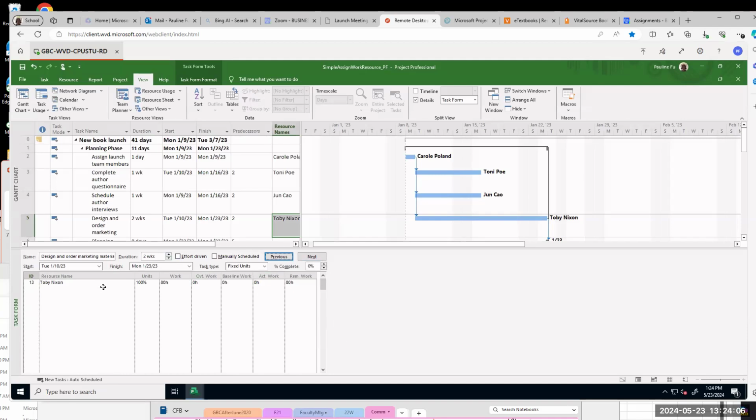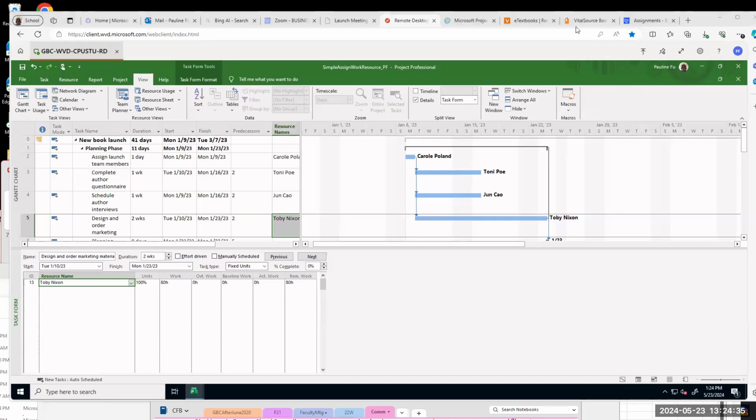Okay, so I got the Juncao. And then I go to next and then do the Toby thing. Do Toby to task 5. Select Toby for task 5. See here, Juncao for task 4, Toby for task 5. Okay, thank you. Okay, you're welcome. Other questions?